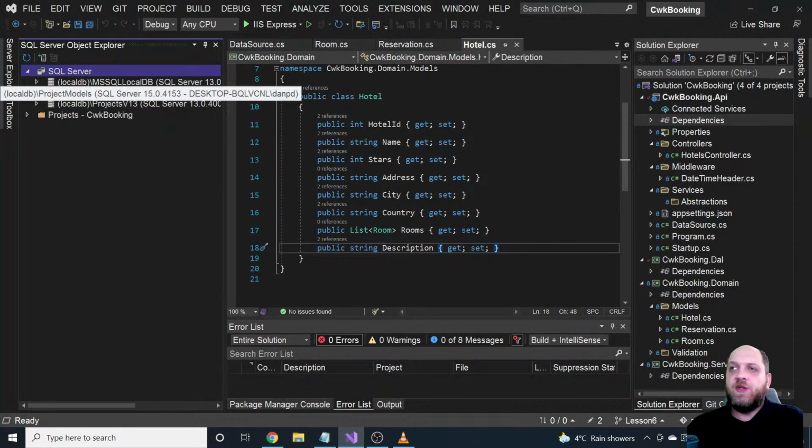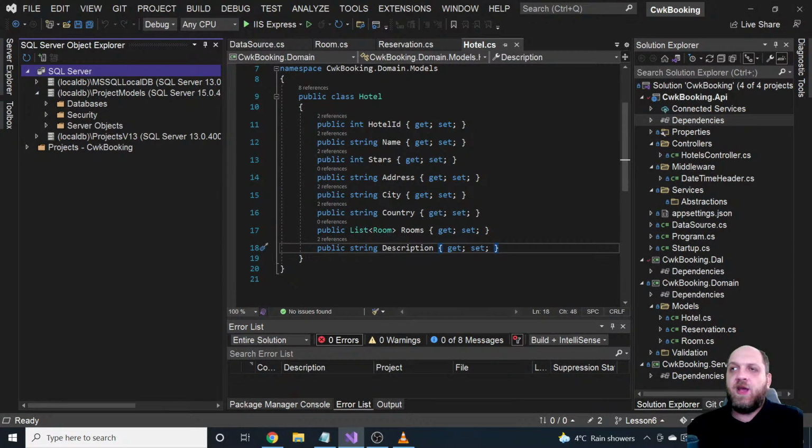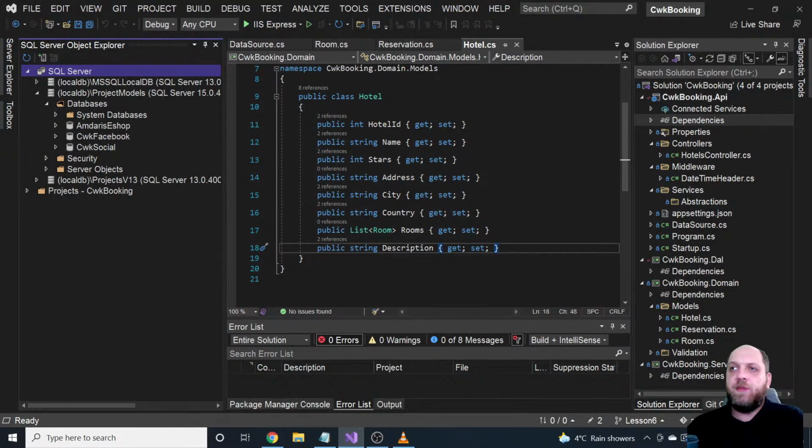Now I will use this one here, and when we expand that, we see that we have these databases, security, and server objects. Of course, what we care about here is the databases folder. And in this databases folder, we see that we already have some databases, and these are actually databases for other applications that I am doing live streams on. If you haven't created any database, then probably your folder here would be empty, but it will not be empty for long,